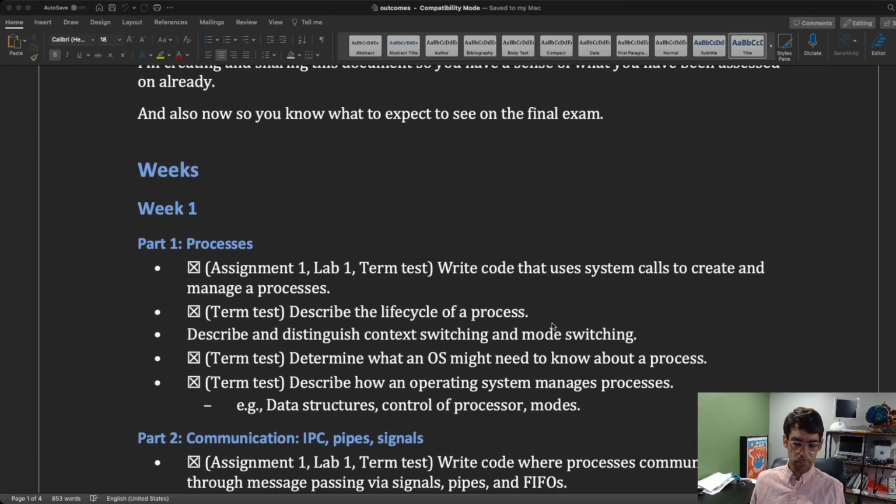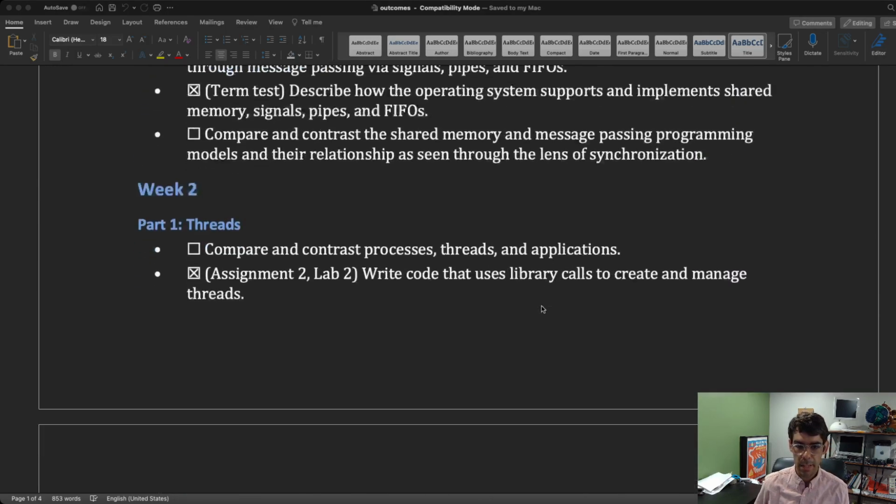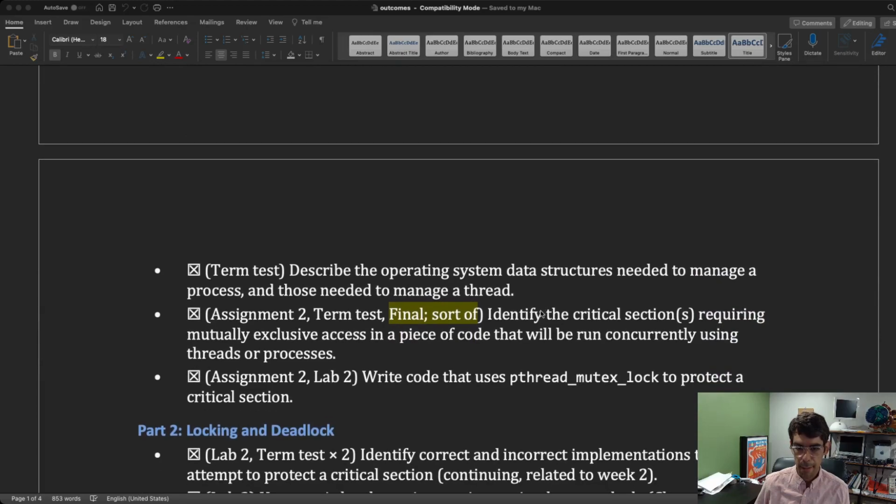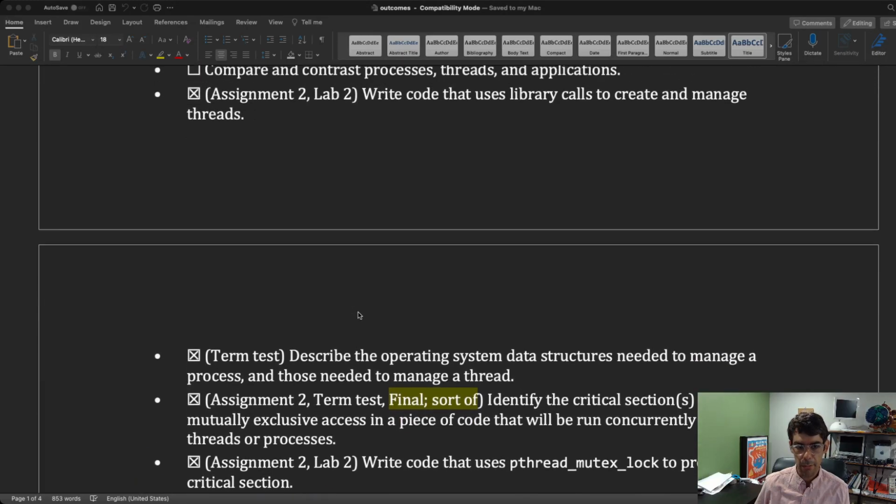As I said, it's meant to be a cumulative exam. So there are some things that are going to be on the final exam from the first half of the course, but you've been assessed a lot on some of the things from the first half of the course. So there's not really much reason for me to reassess you on those things. The first thing that you're going to be reassessed on in this final exam is this learning outcome here from